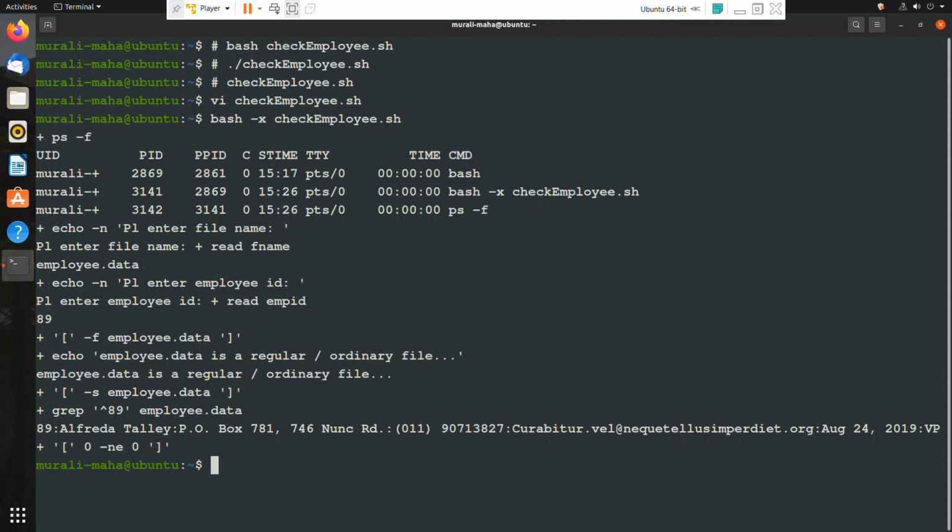So we learn so many things by executing the script in the debug mode. It is called debug mode because we are able to debug our code and find where exactly the issue has happened, some logical error or something in the script. If not for this debug mode, it would be very difficult to find out where exactly the issue is happening. The issue may be in some line and we may be looking at some other line. This really helps us find exactly where the problem is. This is the significance of executing the script in the debug mode.